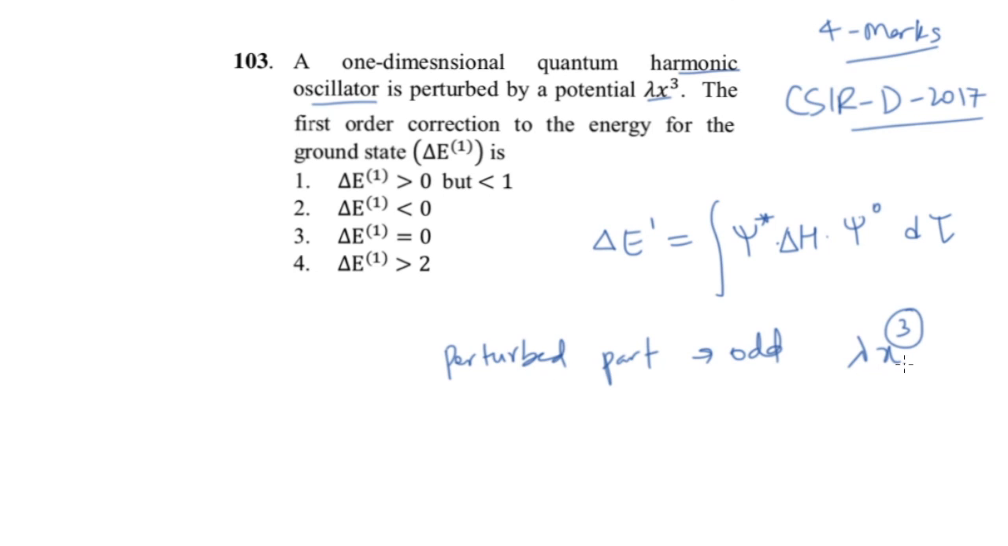So you can generalize it: your perturbed part should have an odd power. Okay, so like that you can understand. And what it says is that if the perturbed part has an odd power, and the system is a simple harmonic oscillator, in that case your first order energy correction, delta E1, is always equal to